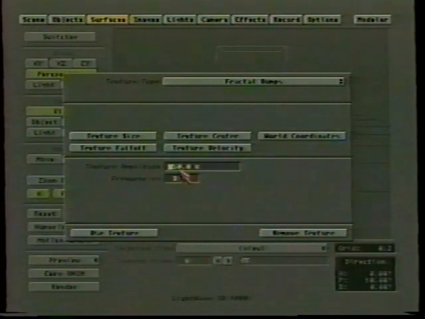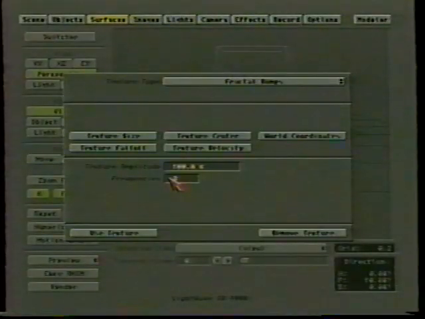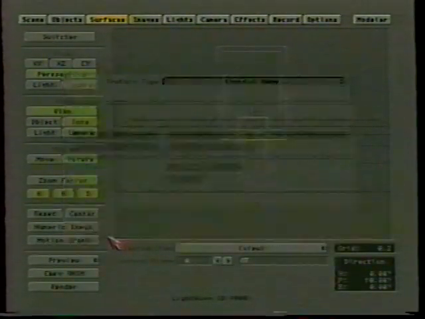And amplitude determines how bumpy the surface will be. 100% is pretty darn bumpy. 50% is less bumpy. It's pretty much that simple. Now the other thing we have to set here obviously is frequencies. And again, that determines the amount of detail in this pattern. Let's just go with the frequencies of 3, the default, and render this out and see how this affects the